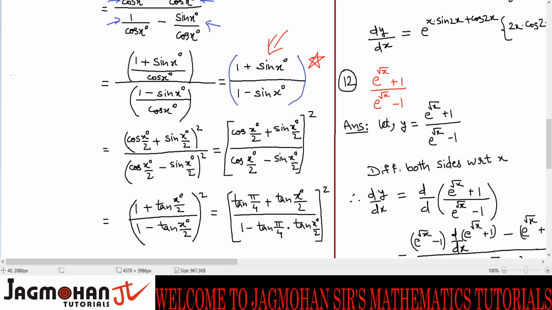I will write that formula which we have done in 11th standard: 1 plus sine theta and 1 minus sine theta. 1 plus sine theta was, actually, we had done it with 2 theta, and here also 2 theta. So when you have 2 theta, you would write cos theta plus sine theta the whole square. And here you would write cos theta minus sine theta the whole square. So when you have 2 theta here, you wrote theta on the right hand side.